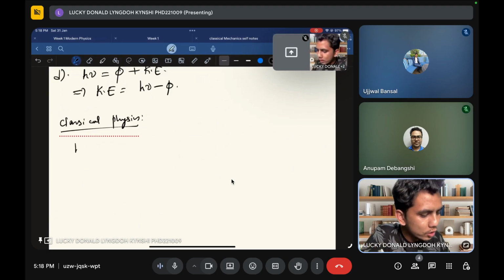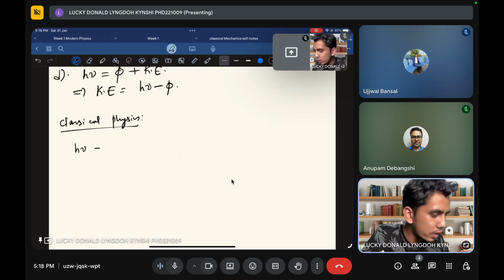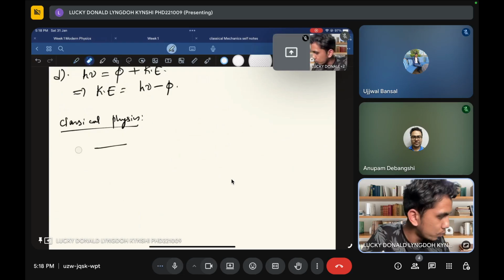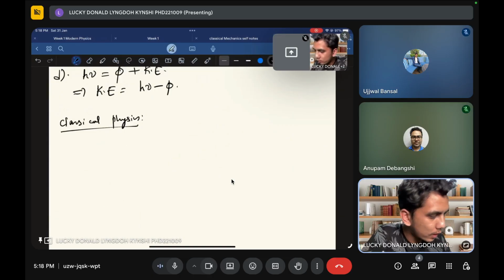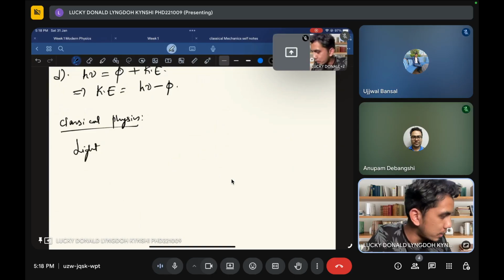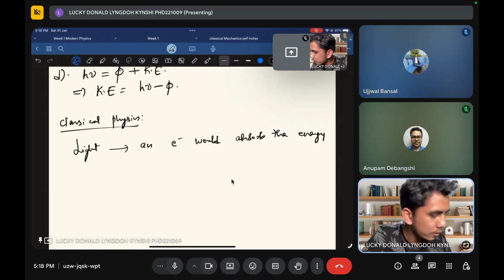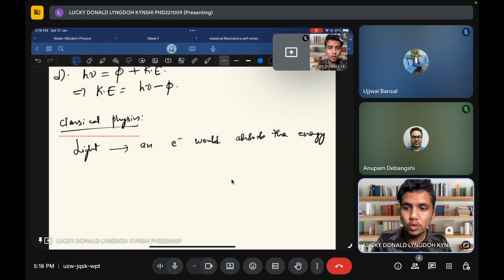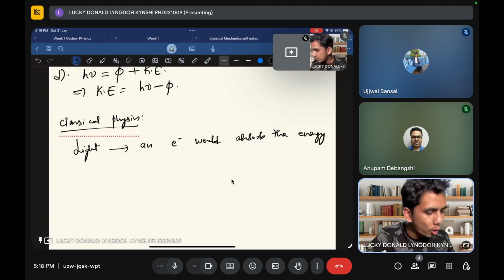Let's say you have an energy h mu. According to classical physics, you have an energy, let's say h mu. Let's say you have a light source shining on the metal or on the materials. What will happen is that an electron would absorb the energy. That means as soon as you shine a light on your material, an electron will absorb the energy until